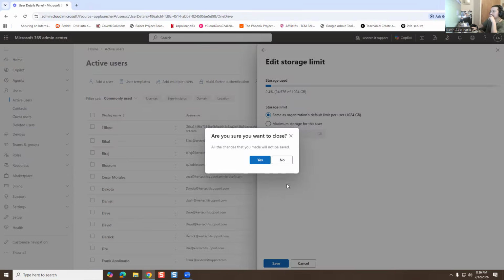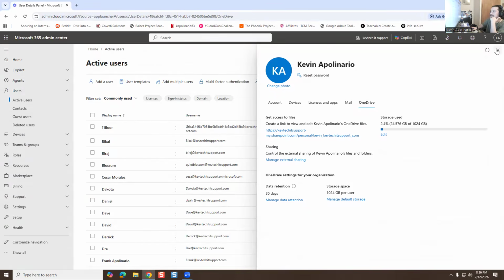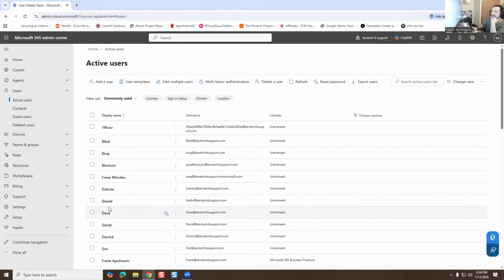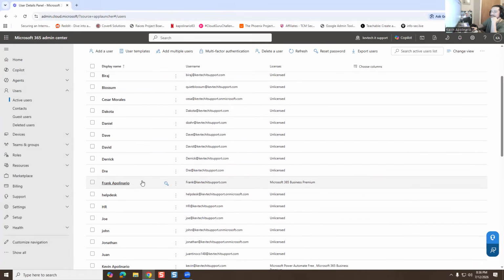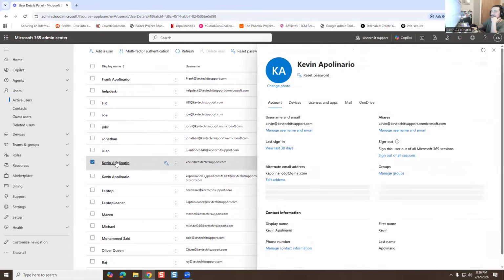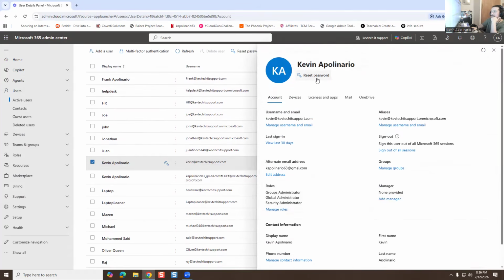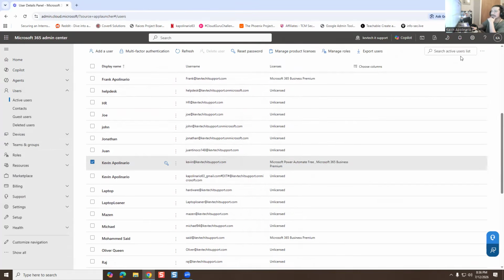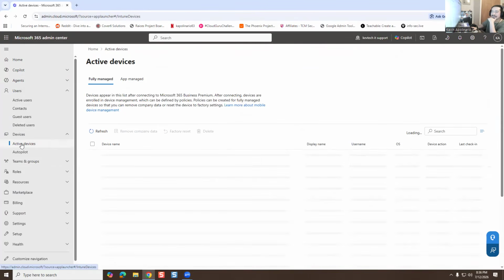But right now I literally have a lot of space, so I'm not even gonna mess with that. So you also could see there, if you go back to my name, you could reset the password as well. And you could sign me out of all sessions. You could sign me out of this session right now that I'm in. And then we have all these other tabs. So this is like active devices,